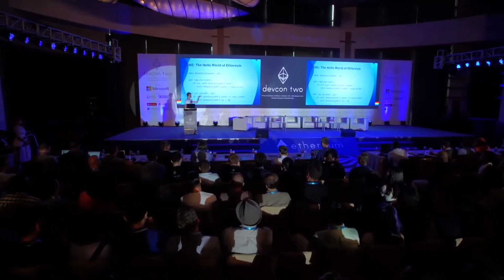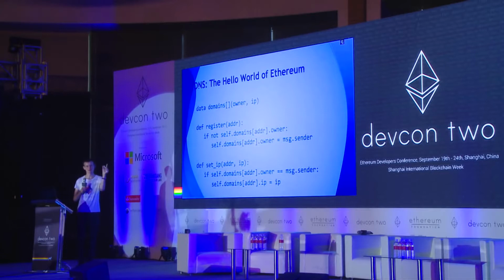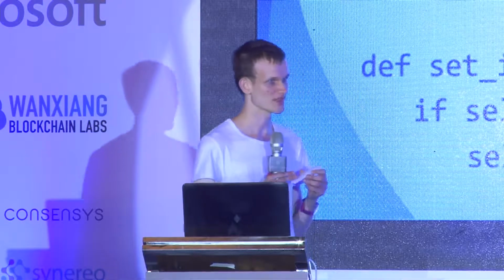So you have this piece of code. Then what you would do is compile it. You would get some bytecode, then include the code in a transaction, push the transaction up onto the blockchain. Now what you have created is a contract. And a contract has an address. It has a 20-byte string that represents the location of the contract. It will look like 0x357c, whatever. If you want to register a domain, what you would do is send a transaction, and you would specify that this transaction is going to be talking to this contract.